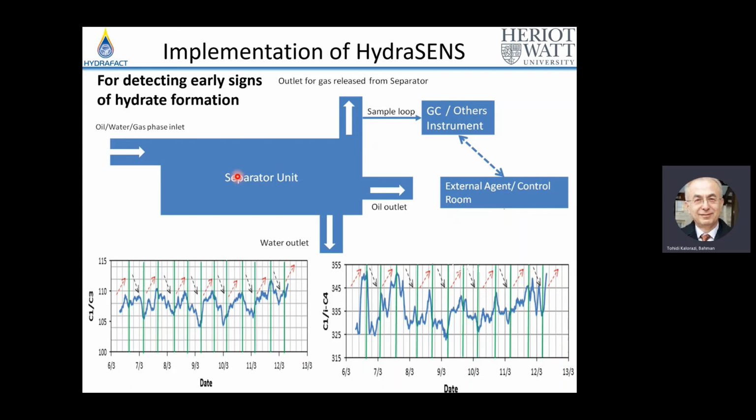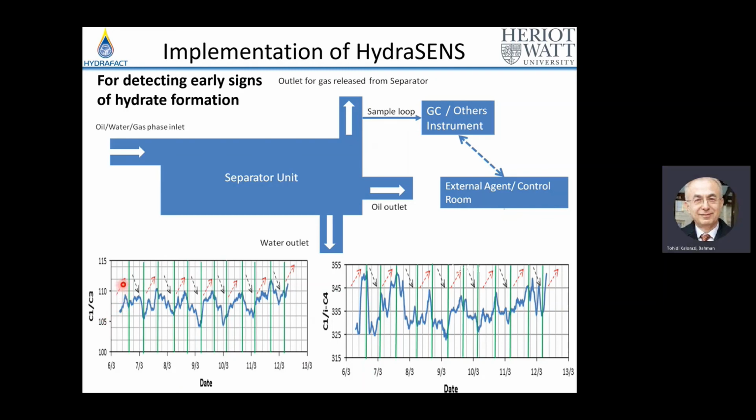So in this case, we have a separator, and we sample the gas and see the ratio, because structure 2 hydrate involves C1 to C3 and C1 to C4. Anytime hydrates form, C3 is reduced from the gas phase. That will result in C1 increasing. So with hydrate formation, this